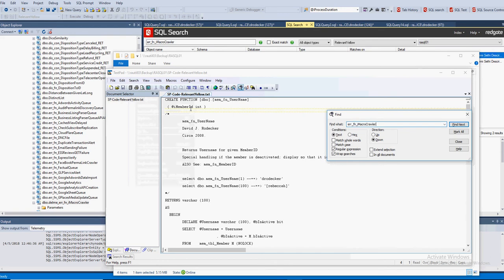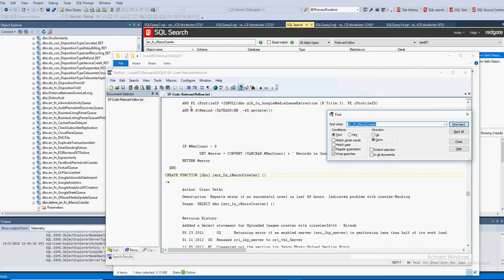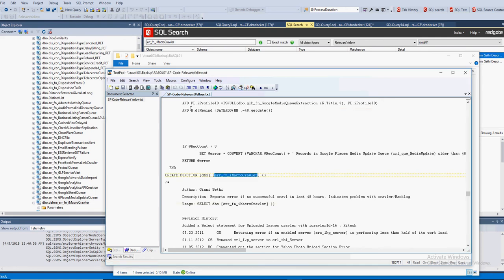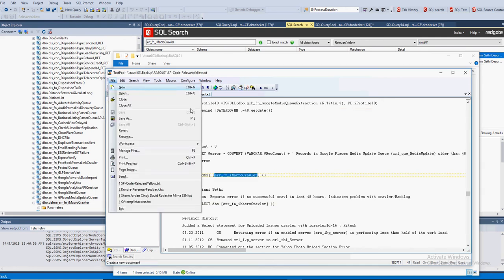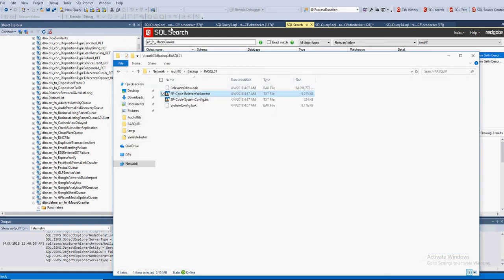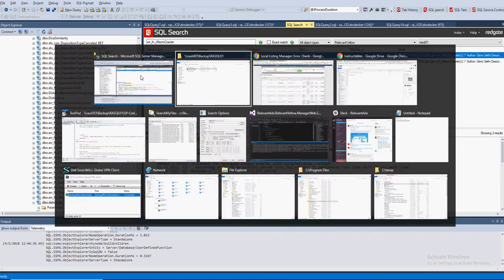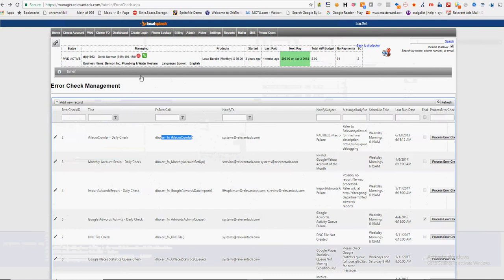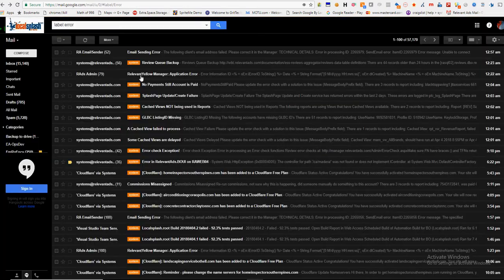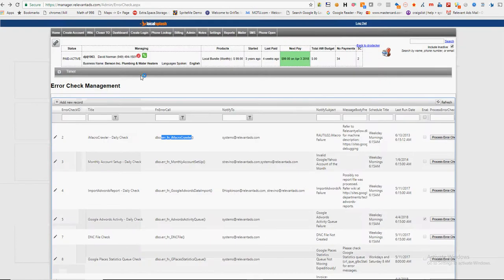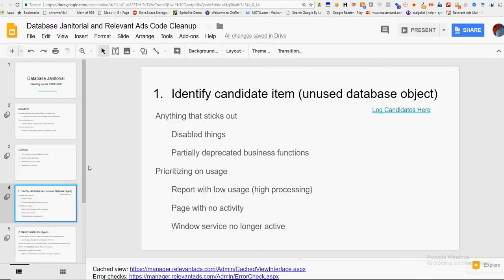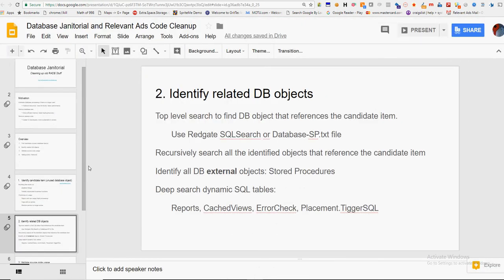And if I search here for that stored procedure or that function name, indeed it's only used in this file for itself. So I've validated this thing is not in use, and I'll go ahead and make use of that knowledge in just a minute, because I know that's not in use anywhere else in the database. Then I'm going to go ahead and go to the next step here, which will be